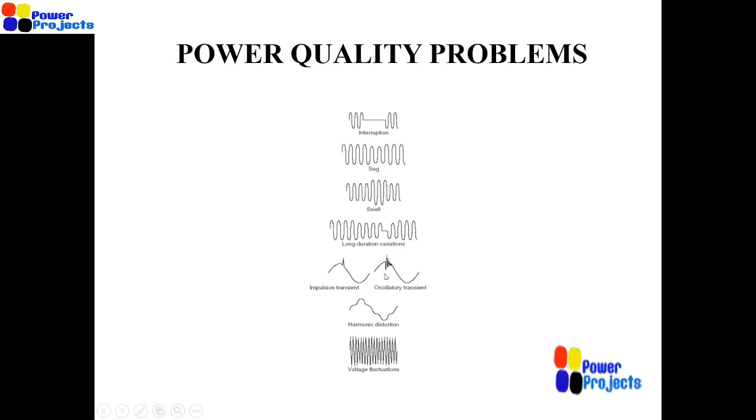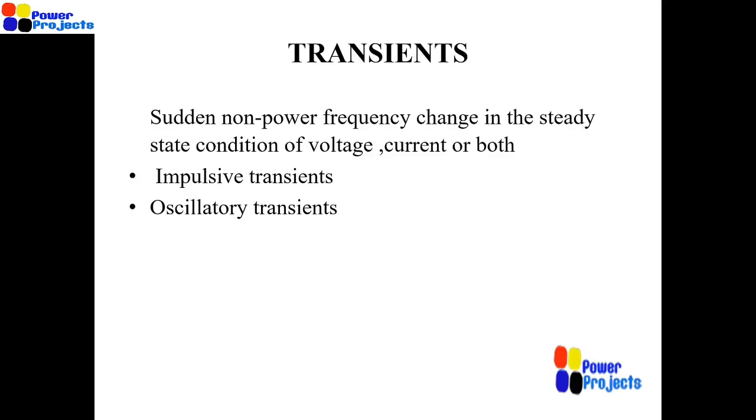And you can see the oscillatory transients, which could be because of lightning. If lightning strikes, it is with a very high frequency, right? The time duration is 8 by 50 microseconds, and so on. So you can have some interruptions, or some over voltages for very short durations. That's lightning and switching transients. And you can have harmonics, which is what we are going to discuss today. And there could be some voltage fluctuations.